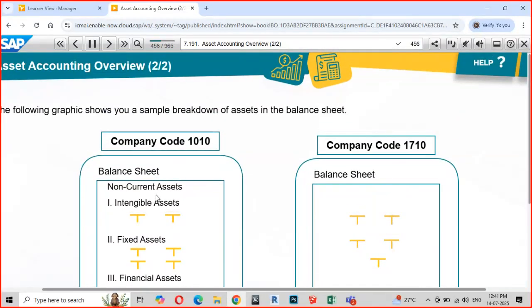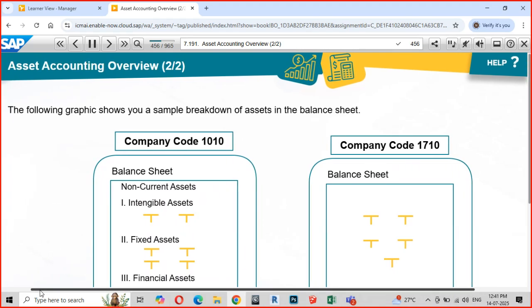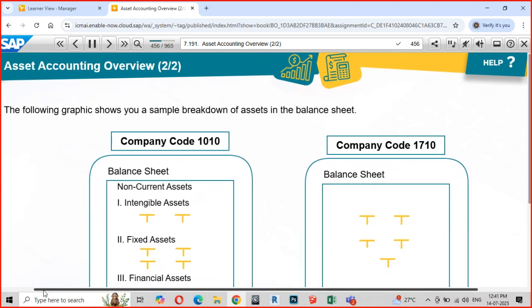So in this topic, we will be dealing with fixed assets. Your asset accounting basically deals with fixed assets. We don't deal with your current assets because they are taken care of in a different module altogether, in the sense, the inventory. Your current assets are nothing but your cash, bank balance, your inventory, correct? So they are taken care of in the usual finance area. But as far as the fixed assets